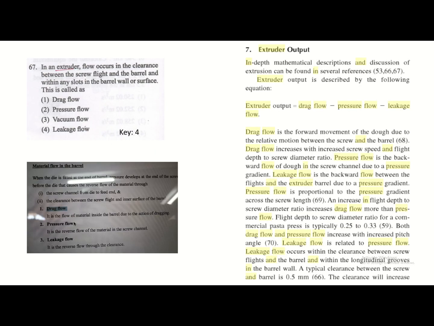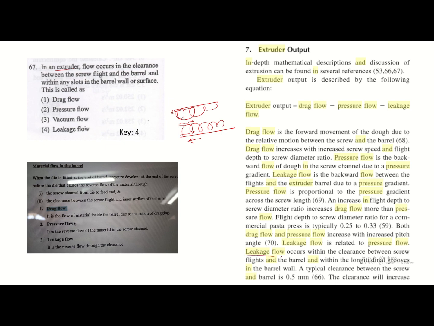This is the question they copied from the book. And extruder. If you know the image of the extruder, the screws are there: one screw is there, another screw is there. In this, which type of flows come? There are two types of flows: one is a backward flow, one is a forward flow, and at the end of the wall, the backward flows. These are the definitions they asked.